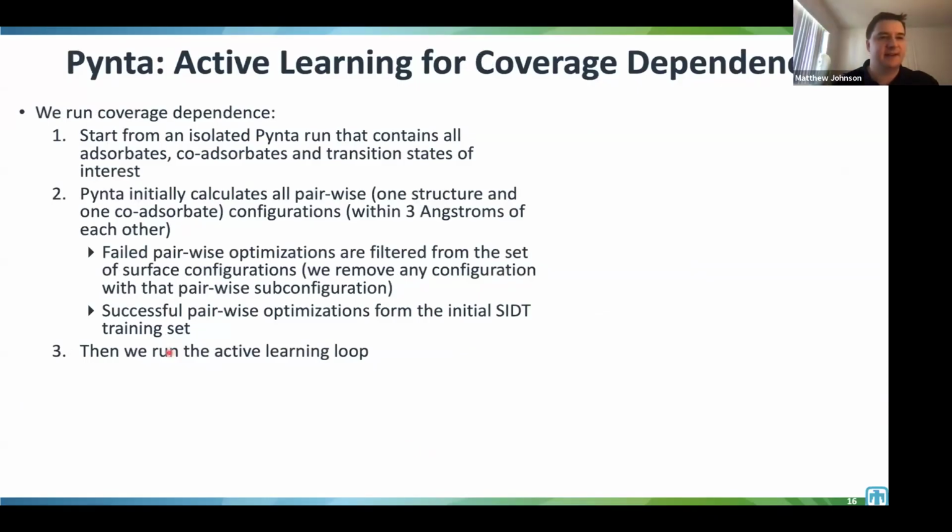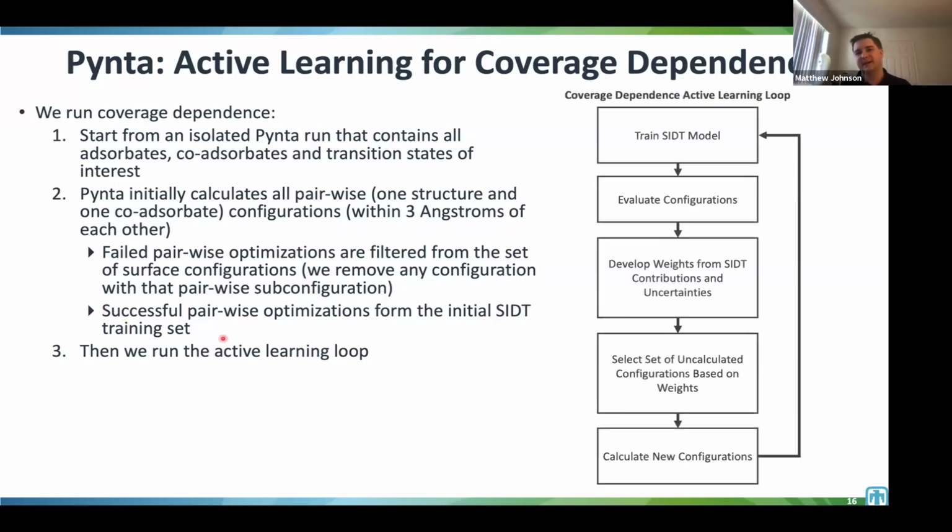So broadly to do this, we start from an isolated Pynta run. So we run Pynta in isolation for the adsorbates, co-adsorbates, and transition states we care about. We calculate all pairwise configurations. So we look at every individual adsorbate or transition state, and we try to put one co-adsorbate all the ways we can within 3 angstroms. When these optimizations fail, we leverage them to filter out all possible surface configurations, assuming that if the pairwise configuration isn't stable, anything that has that as a subconfiguration will also be unstable, which limits our configuration space. And then the successful ones we use to form our initial training set,